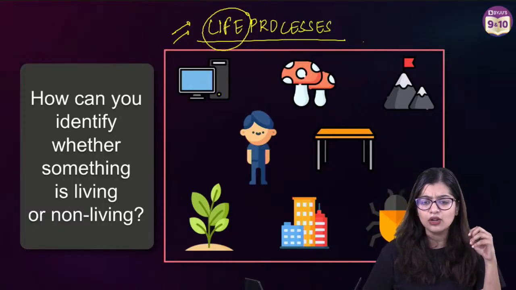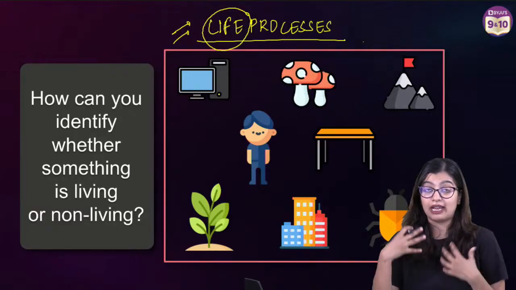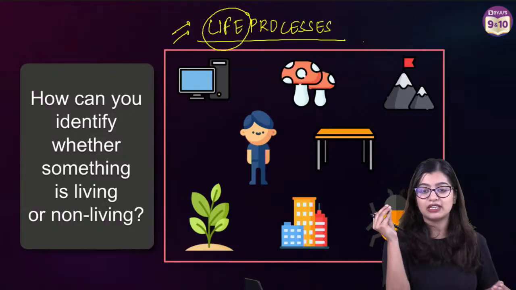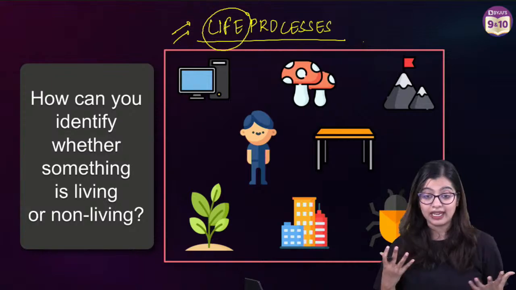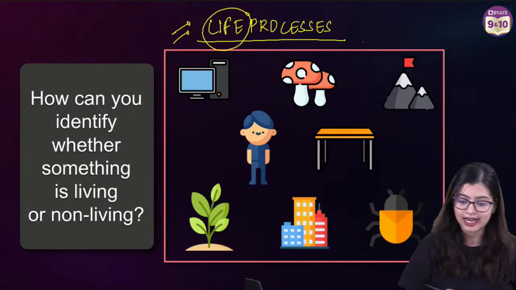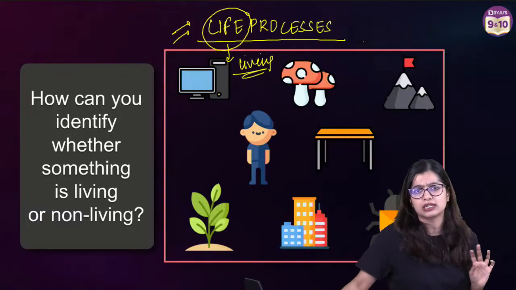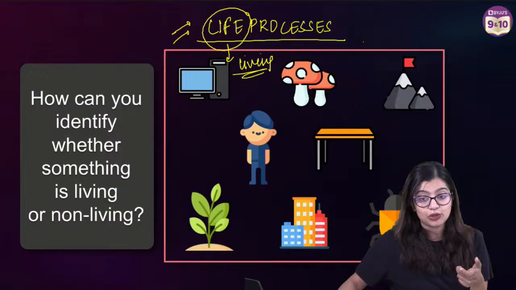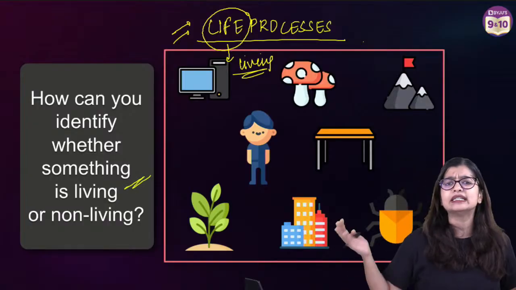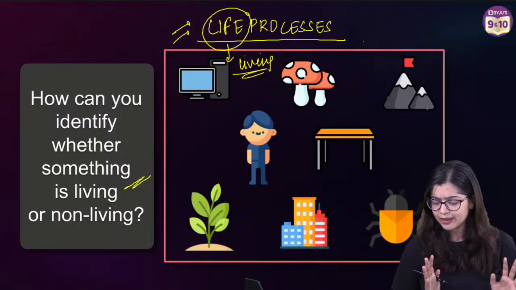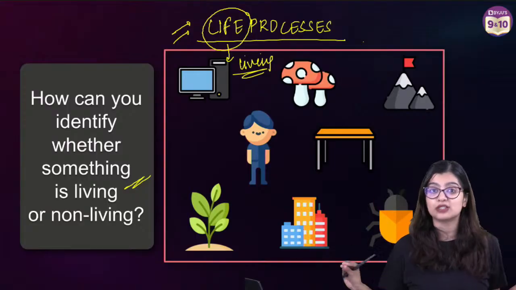So here I can see that a lot of you have your own explanations when we hear the term life, yes? But we know that when we talk about life, it also means living, right? So in this particular case, we see that there are so many things around us. But very clearly, we are able to understand that there are certain things which are living versus certain things which are non-living, right? So what is my basis of understanding that something is living versus something is non-living?